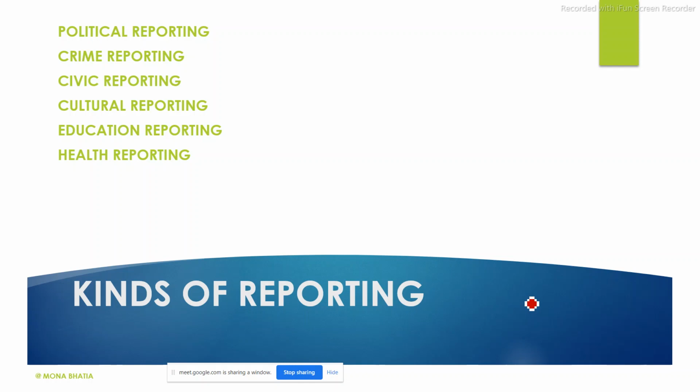Okay, and sometimes they may give you the details of the amount of chemicals which are present in the food. Okay, and how the preservatives spoil the quality of food. Okay, then there may be junk food, how it affects the children and how it makes them obese. So these are the types of reporting which come under health reporting. Okay, so basically it is to enlighten the reader.